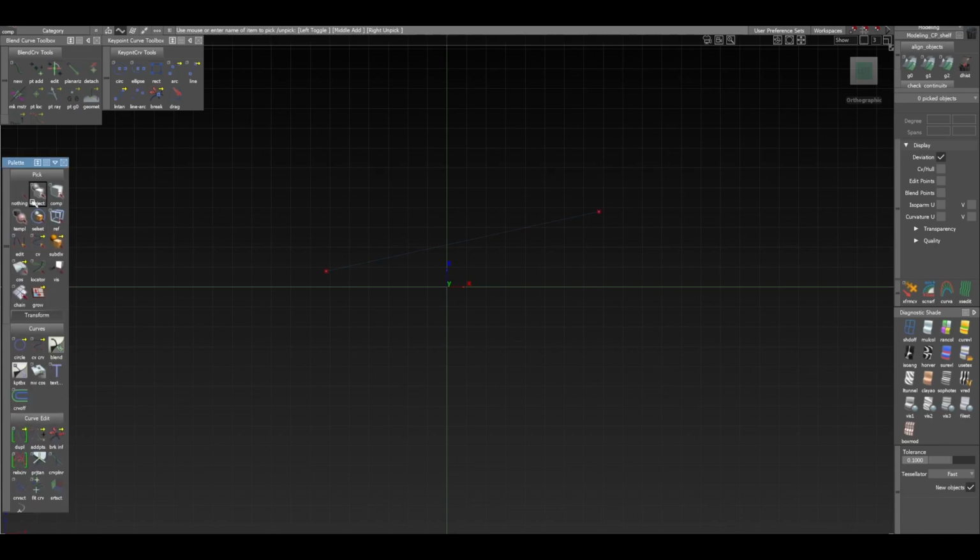It says pick. As opposed to swinging your cursor over, you can just hit a clutch menu, and you can pick a CV, pick a hull, a surface, curve, object, fancy stuff over here. It's a lot faster as you're modeling, it saves time that way. And as you get better, you're going to be grateful that you can quickly swap tools and select things